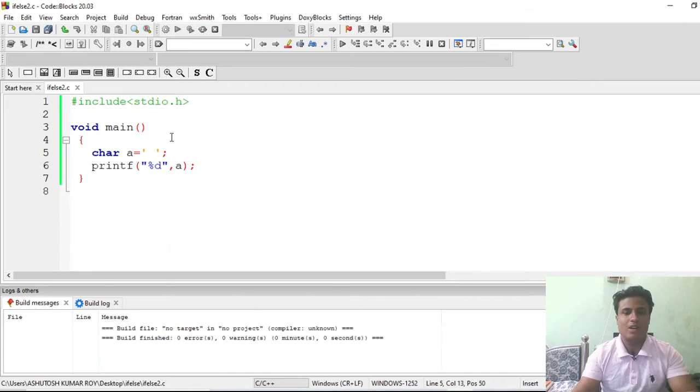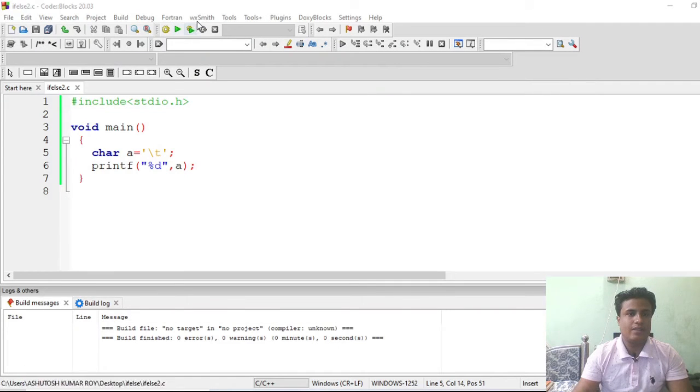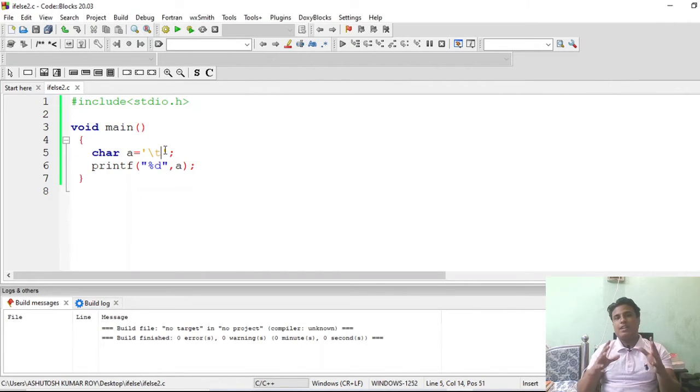So let's see now the character value of '\t'. It's interesting, na? You can check the ASCII value of any character. Save the file, then build and run. Let's hit '\t'. It's 9. Okay, you are getting it. So in this way we can check the ASCII value of every character or alphabet, which also comes under character. Anything defined under single quotes is termed a character. I showed in a constants lecture that everything under single quotes is treated as a character based data type. Hope you are getting it.